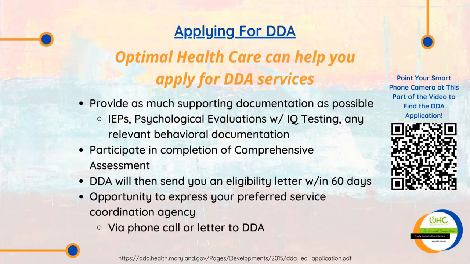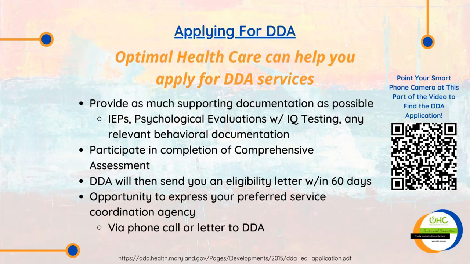When applying for DDA, you want to be sure to provide as much supporting documentation as possible. These documents will include the IEP, the BMP if applicable, and the most recent psychological evaluations with IQ testing provided by the school. It's important that the psychological evaluation has occurred within the last 3 years. Other examples of supporting documentation include any documents that show justification of need for DDA services. These may be police reports, documentation from private therapy services, and any relevant medical documents or hospitalization records. If you're struggling to locate these documents, Optimal Healthcare specialists can help you with obtaining relevant documentation to accompany the